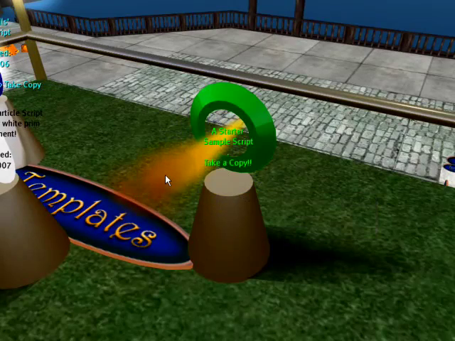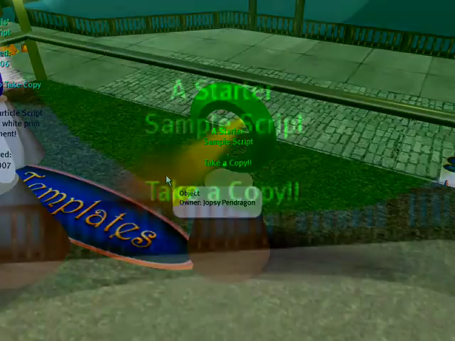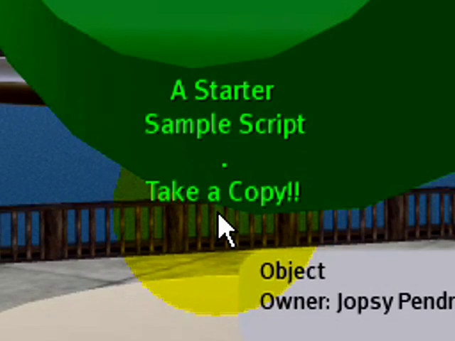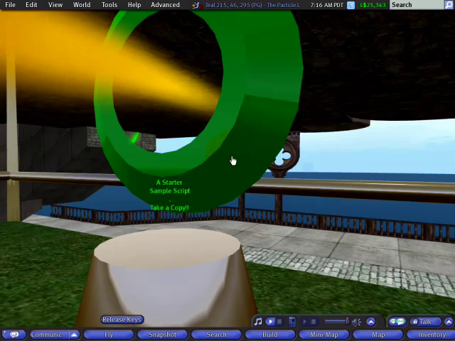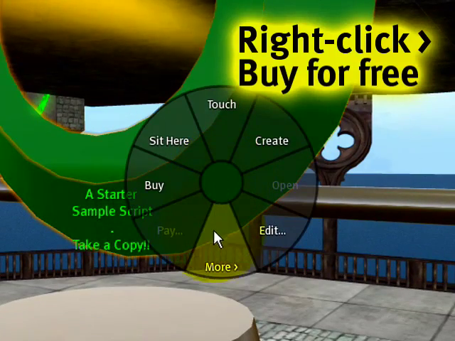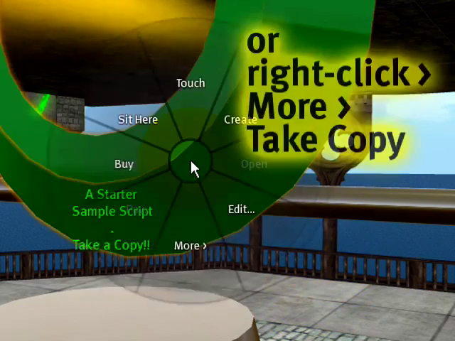And I'll show you how you can change this into something that looks quite different for your own purposes. As the floating text says, it's a starter sample script. Take a copy. Let's go ahead and do that. You'll notice that clicking doesn't do anything, and this could be more usable, I do agree. So instead, you right-click, and you can either buy, because it's $0 Linden dollars, it's free,